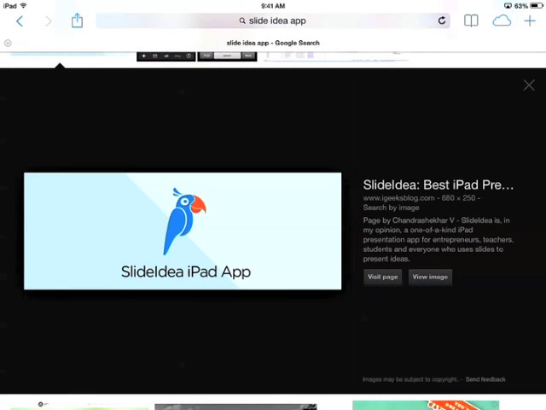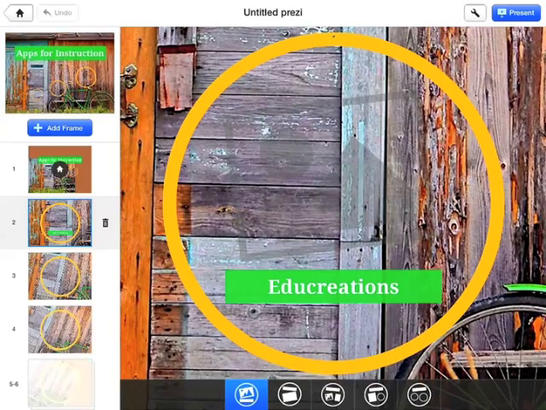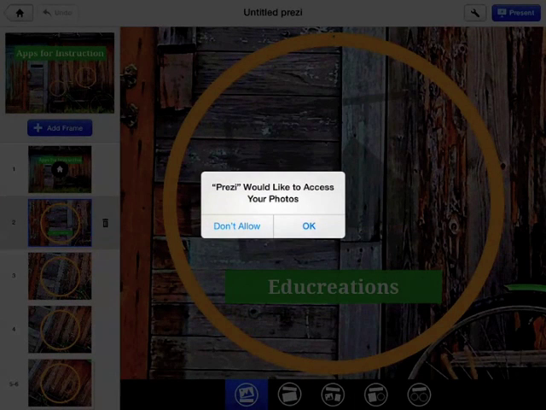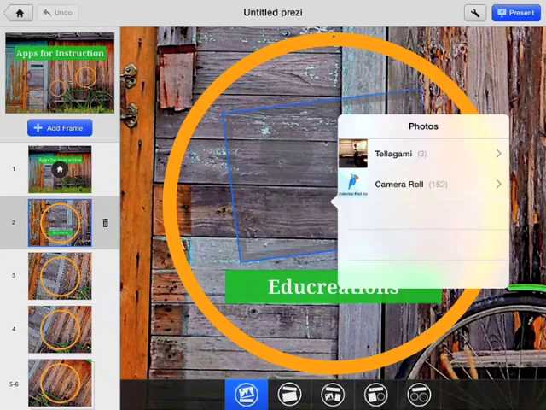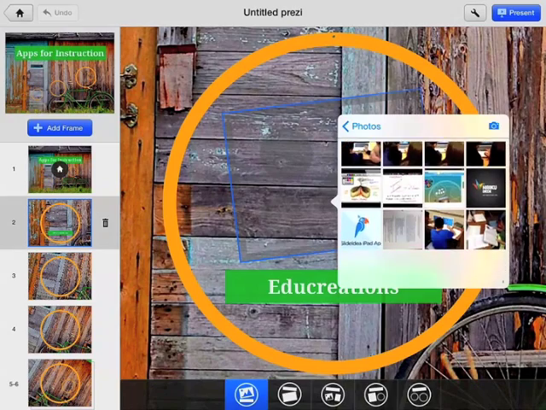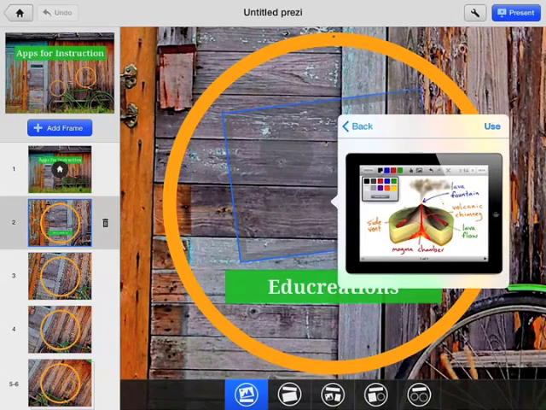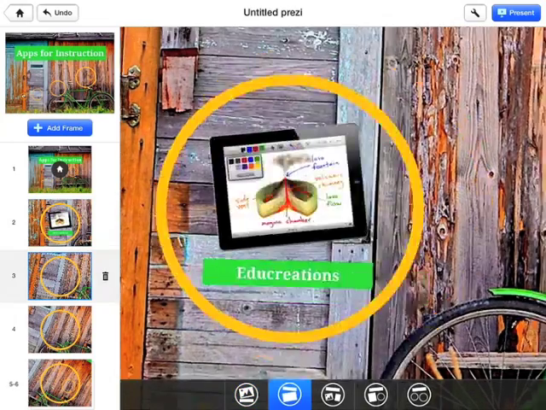And now that I have all my images, I'm going to go ahead and go back to Prezi. And I can see in the background there's an image, and I can choose that, and it's going to ask me if I'd like to access my photos. Go ahead and click OK. I'm going to say choose existing, and I'm going to go to my camera roll, and I'm going to go to that Edu Creations image. I'm going to go to slide number 3,